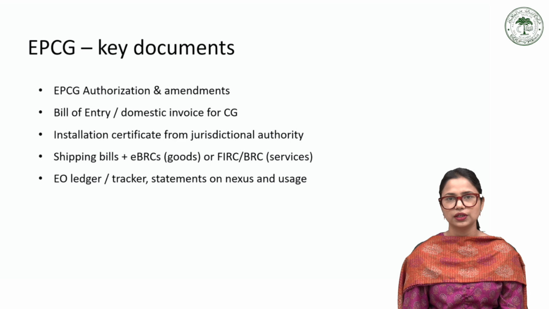This is a very important fundamental document. The second document is bill of entry or domestic invoice for capital goods. If the capital good is indigenously procured, then the domestic invoice need to be